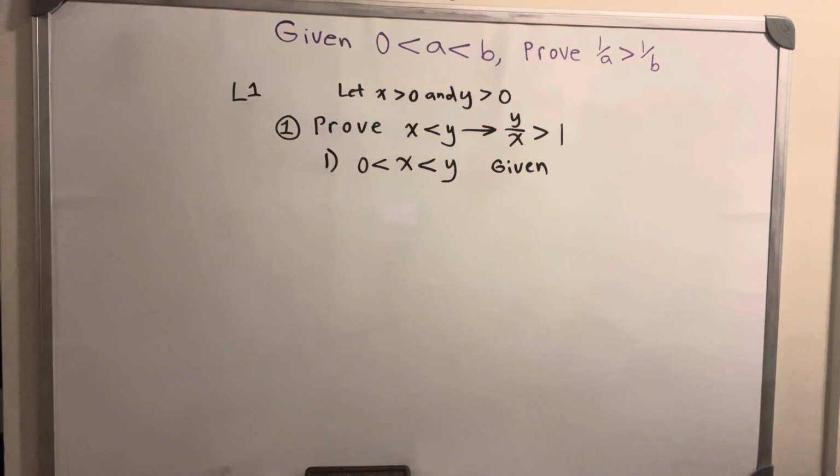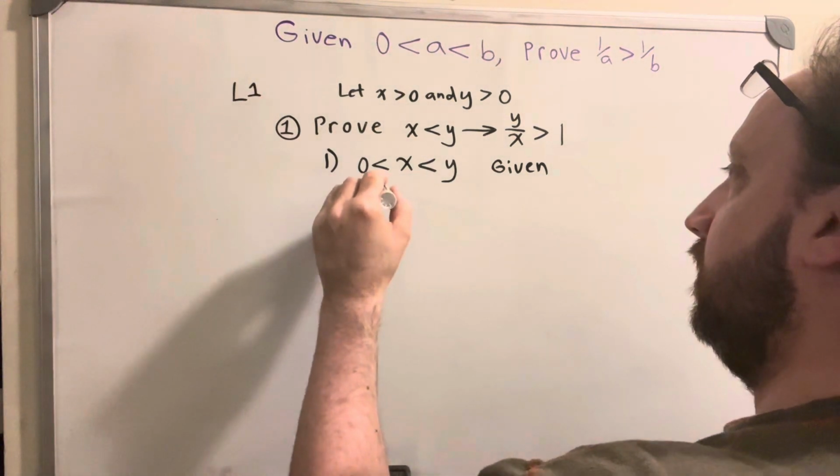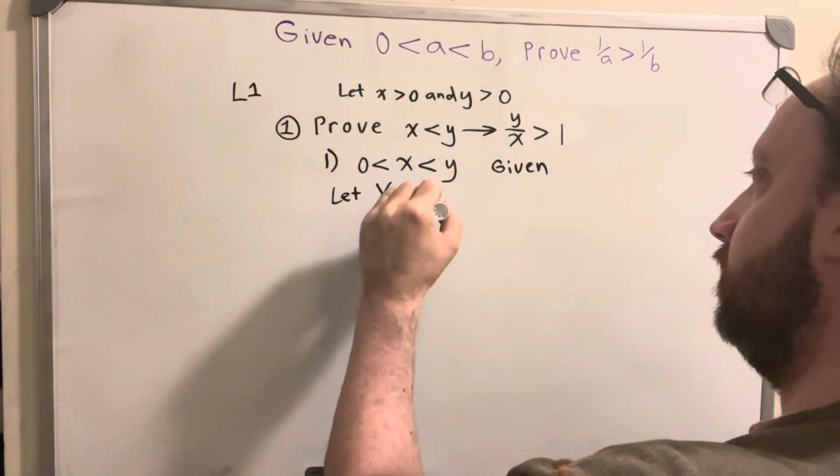So to prove that x less than y, both positive, implies y over x is greater than 1, I went with a geometric style of proof. I said, okay, we're taking it as given that x and y are greater than 0 with x less than y. Let capital X be